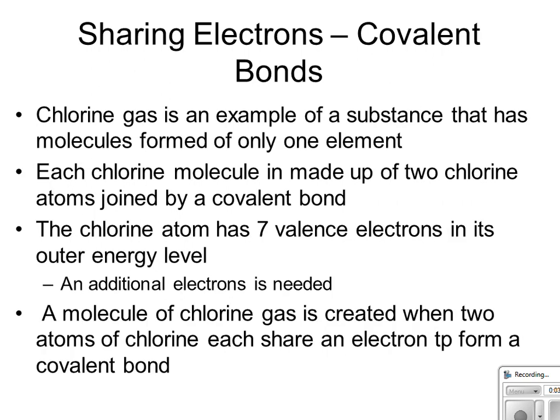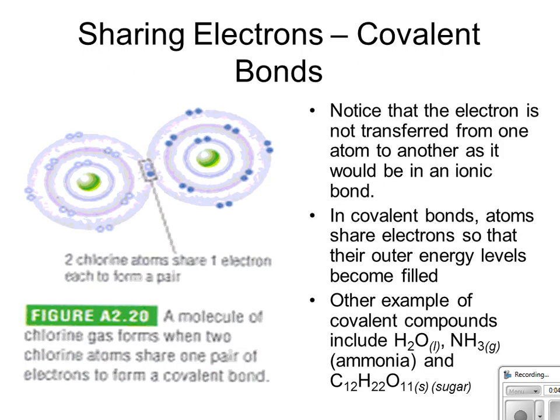Now, chlorine gas is an example of a substance that has molecules formed by only one element. Each chlorine molecule is made up of two chlorine atoms joined together by a covalent bond. And so the chlorine atom has seven valence electrons in its outer energy level, and we talked about that. So an additional electron is needed. So it wants to have 8 to be in the most stable format. So a molecule of chlorine gas is created when two atoms of chlorine each share an electron to form a covalent bond. So if we look at this picture here, if you can follow along with my mouse,